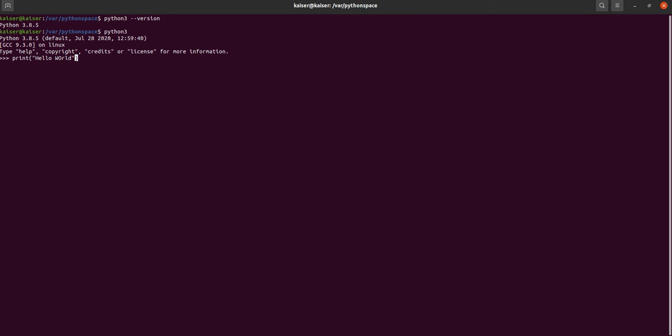Make a note, there is no need for a semicolon to end the statement. Nothing is required. Just click enter. Voila! I'm able to see hello world got printed. It's very straightforward. Look how good it is. Now I am very happy to see that my Python is working as expected. So I'll just exit from this command prompt: exit, with empty parentheses, enter. Can you see that it's exited? So I'm happy with my installation.